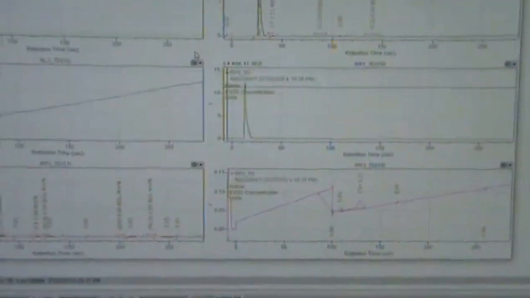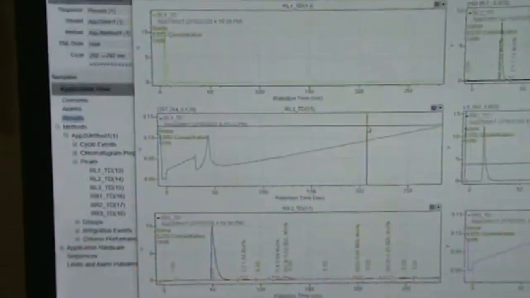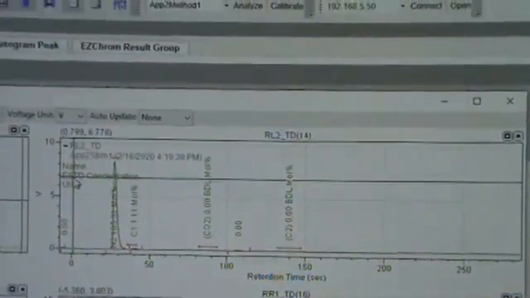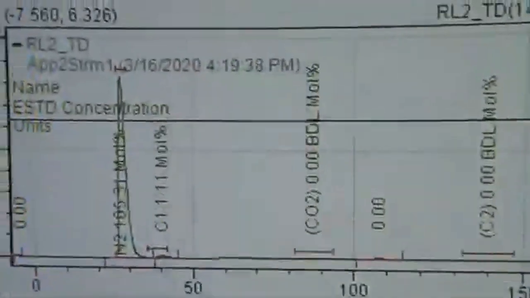Now, we can look at the chromatograms and blow them up right here. But once we've loaded this chromatogram, we can go directly over to our method and look at it over here, and that's a better place to look at it because then we can make changes and stuff like that. So for instance, this is RL2, right left 2, and that's got these peaks,